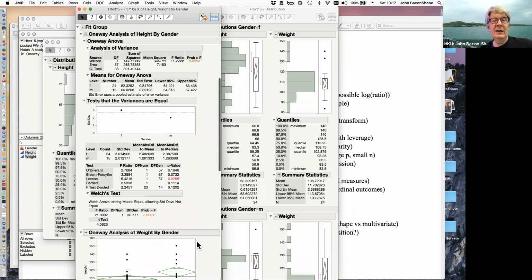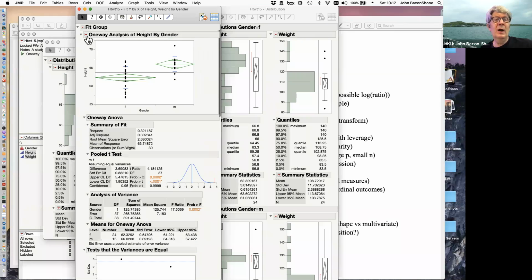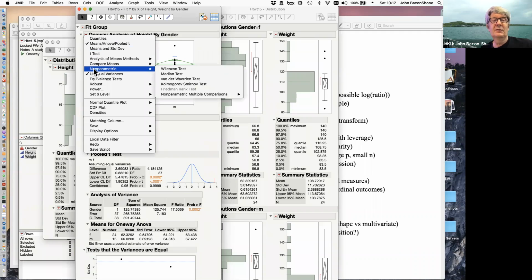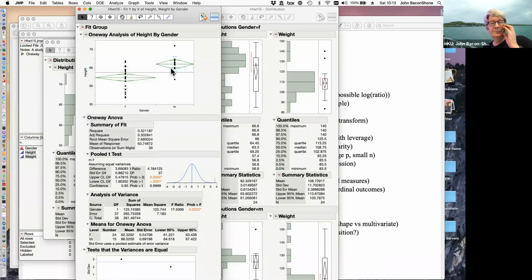Now, in both of these, we could also say, well, I'm not sure whether the normality is appropriate. So for the non-parametric test, there are a number of possibilities. The Wilcoxon test is essentially the same as doing the paired t-test on the rats, okay? So the Wilcoxon test